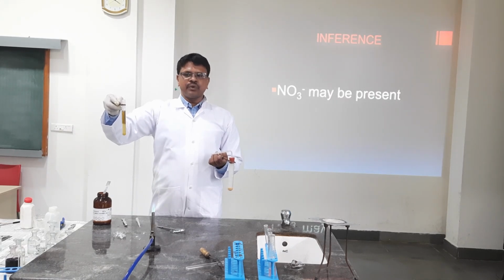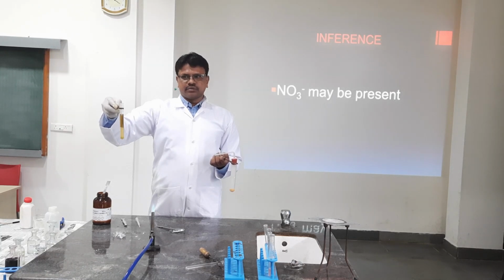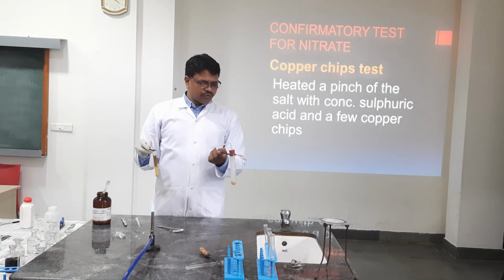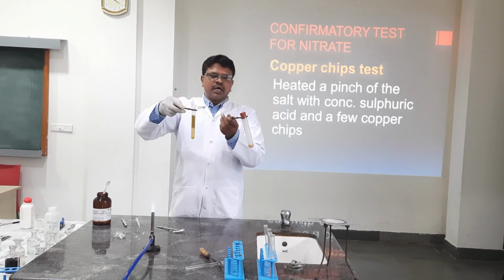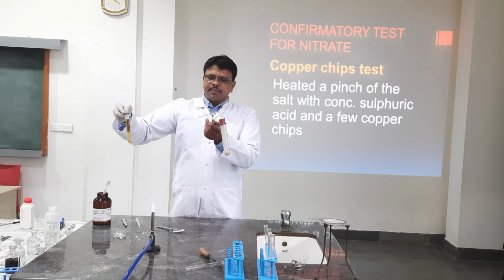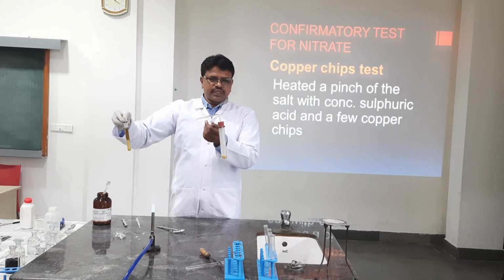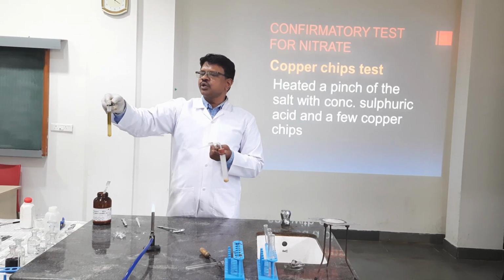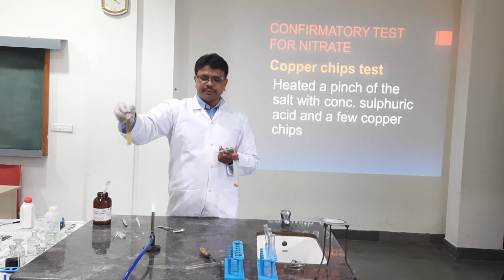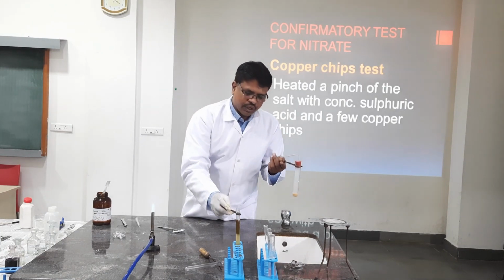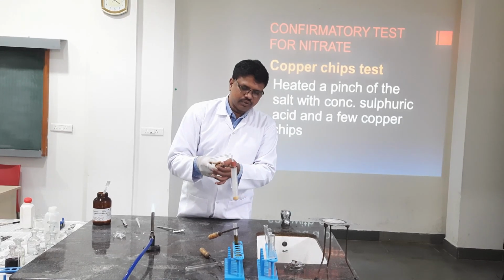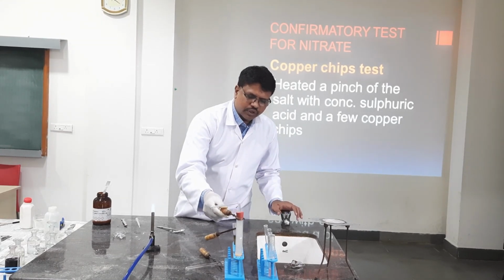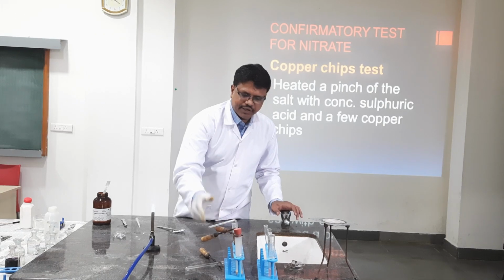Then only I can conclude that the given salt contains one of the ions as this. Okay. Now I am going for the confirmatory test. My observation is that when I pass these vapors after adding paper pellets, brown vapors come. Then I pass them into ferrous sulfate solution, which turns black. Based on this, I am assuming that there exists nitrate ion in this. Nitrate ion. Okay. So I am going to do the test for nitrate ion.